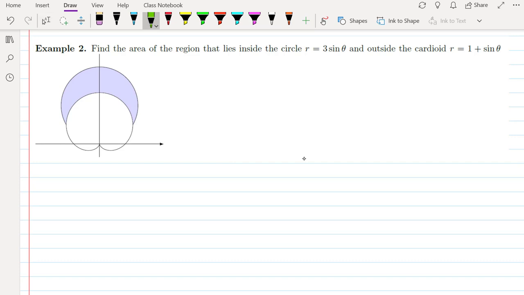So what we need to find is this angle alpha and this angle